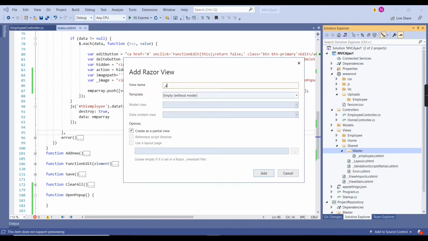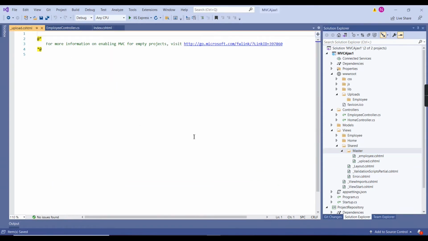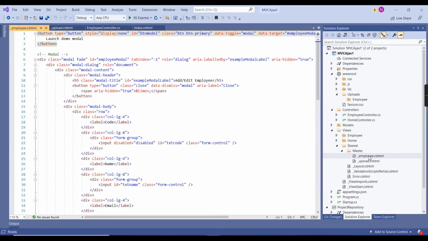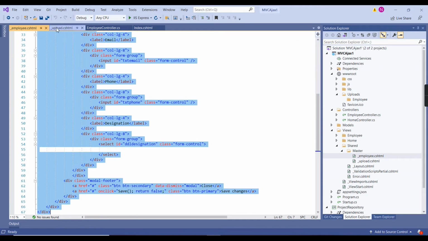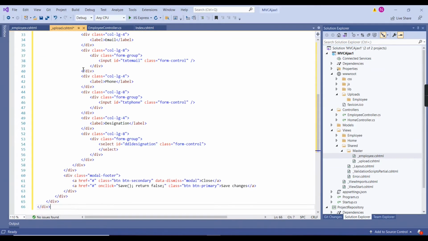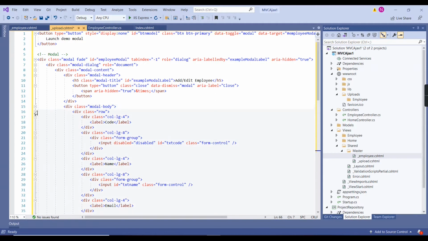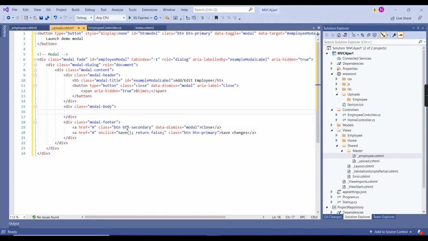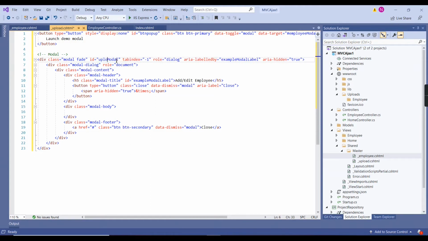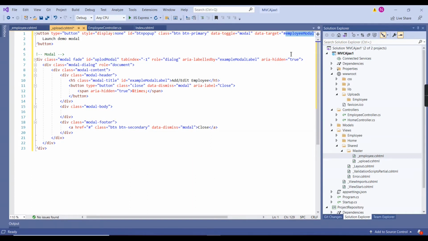The naming is upload. So the pop-up is created. This partial view I created for adding the employees. Whatever code is there, I am just copying and including here. But inside that, I will remove everything, and this save changes is also not required. I'm going to change the name accordingly, and instead of employee model I'm going to change it to the upload model. In the data target also I need to change. Okay, that's it. Here, the employee